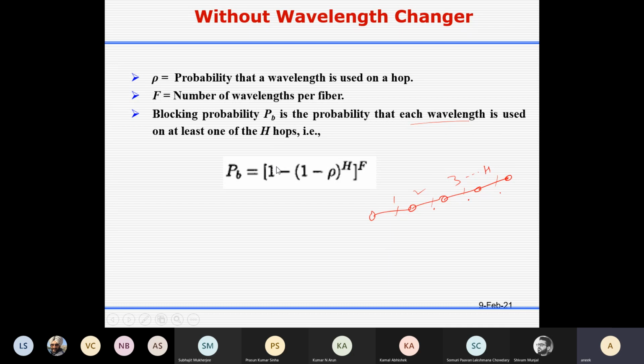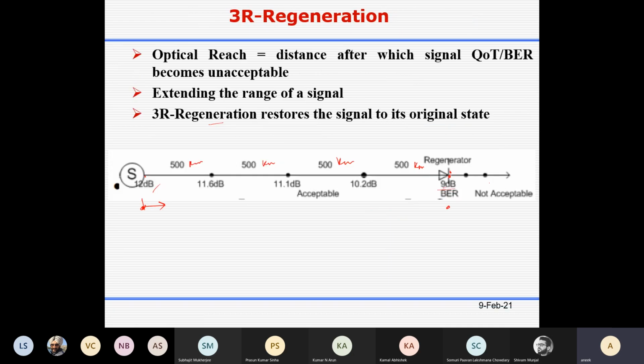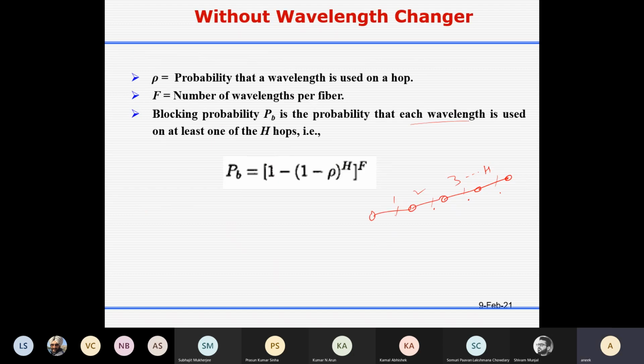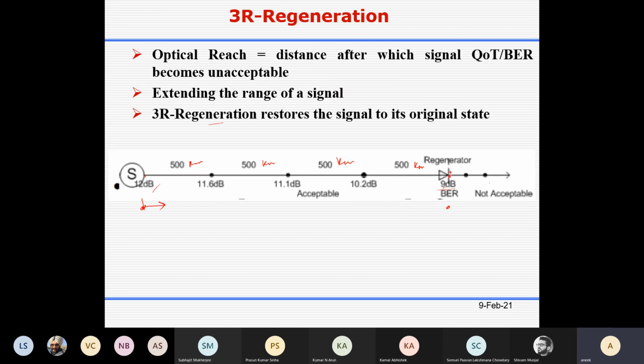For the time being, let it be till before this 3R regeneration. So starting from the beginning, the syllabus will be till wavelength changer, excluding only the regeneration part.